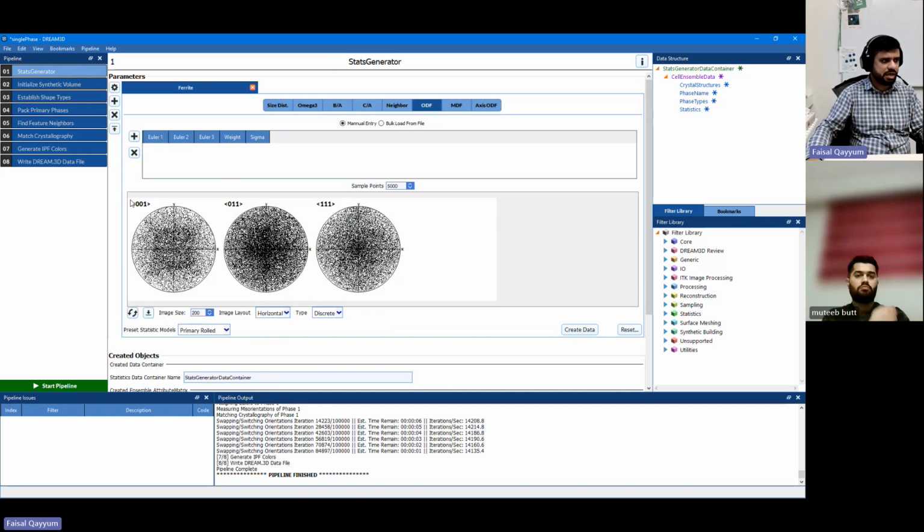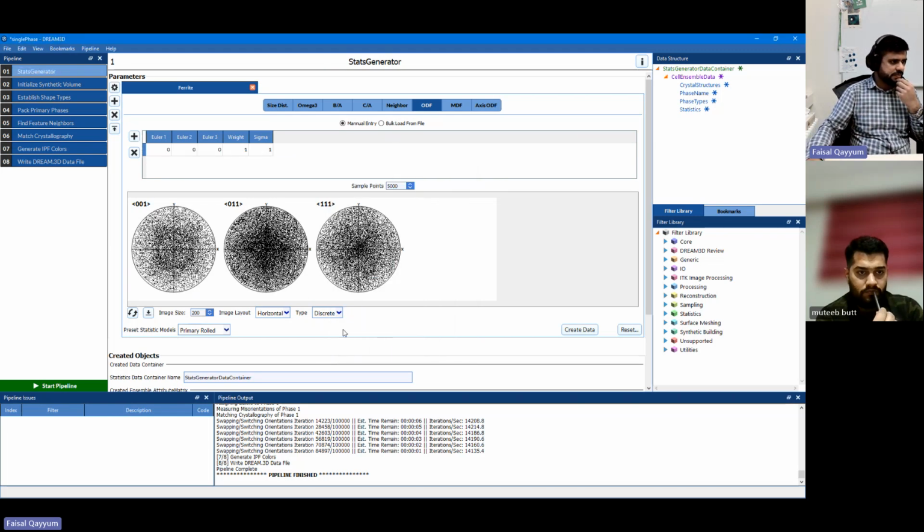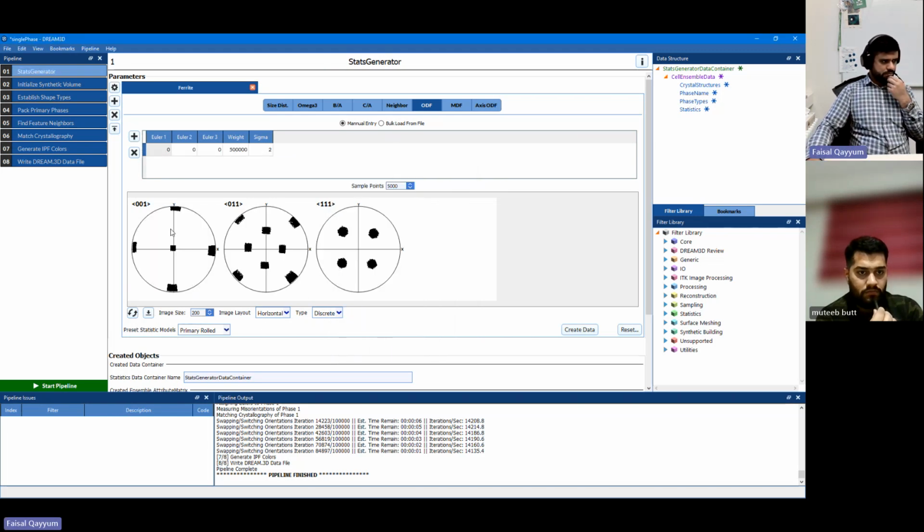The other thing that I want to try is I want to modify the orientation distribution function. Instead of just using this random orientation distribution function, I want to use this cube distribution function, in which you will see that the distribution is like this, okay? Which means that from the 0, 0